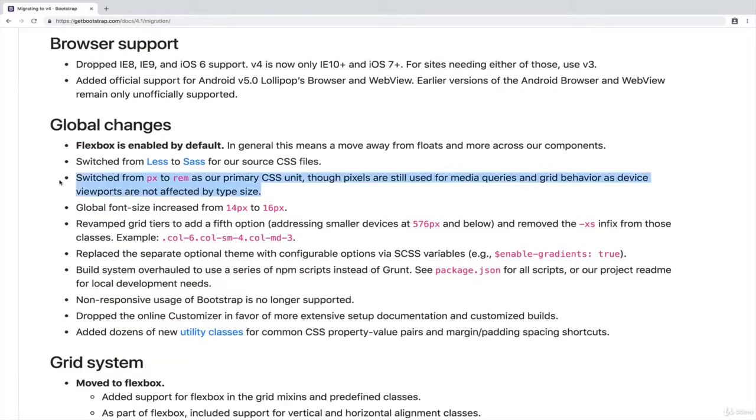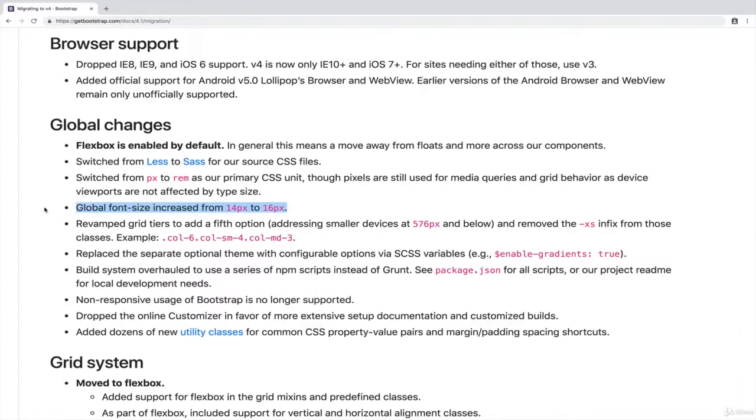The next important point is that the main unit that was used in Bootstrap 3 was pixels, px. Now in Bootstrap 4.x, it's something called rems, REMs, root M's. We will come back to what this means, but it is basically a relative unit that allows you to scale the size of things on the web page based off of the global font size, which leads us to the